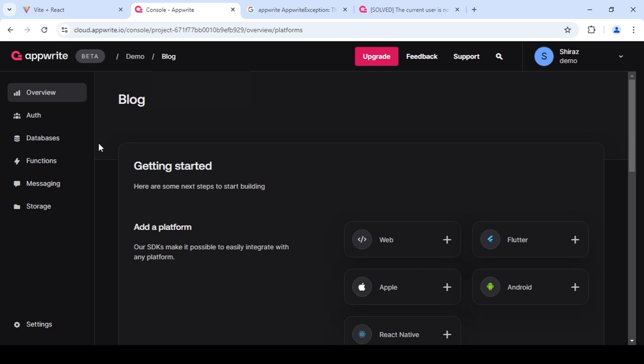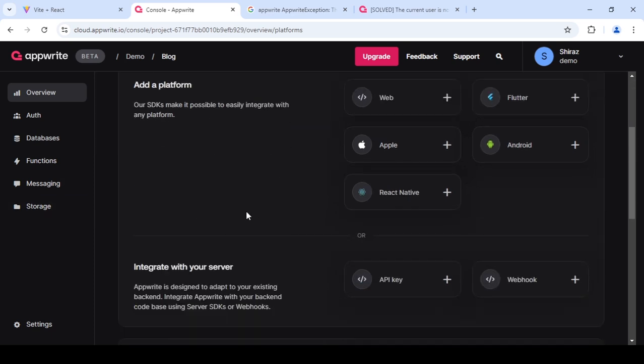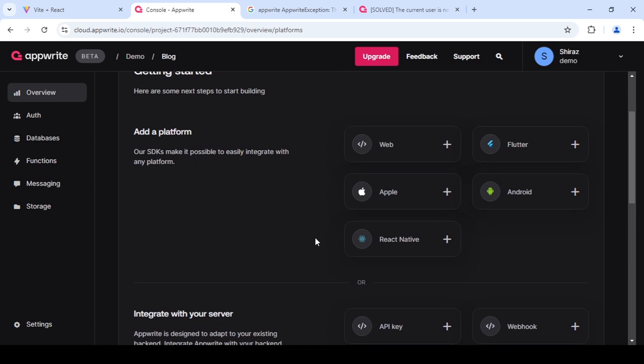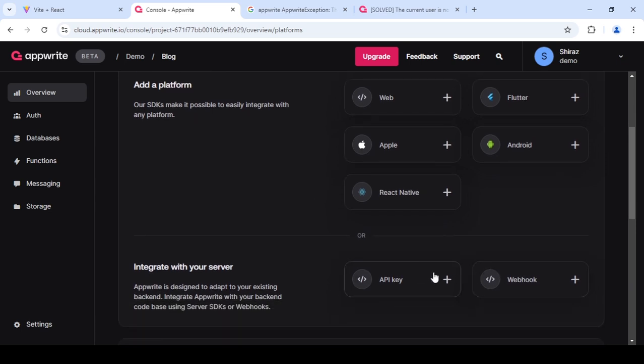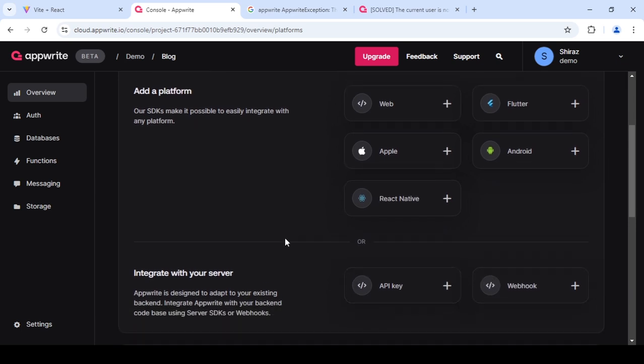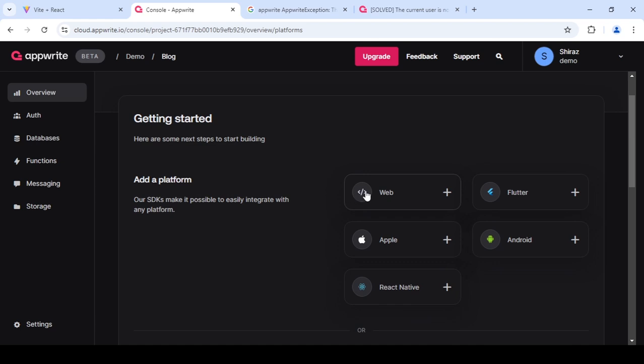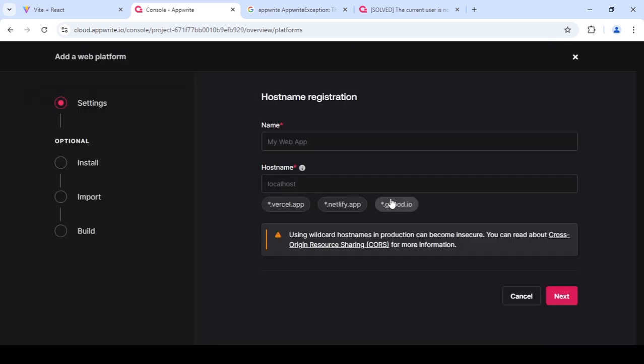So after your project has been created, you will be shown this. So this is where you need to set up your project, and if you're connecting to a server, you need to set up one of these two, but we're going to be focusing on the front end, which is React, not React Native, but React. So we're going to choose the web option because we're creating a web app. So we need to name this web app. I'm just going to call this something simple like blog client,